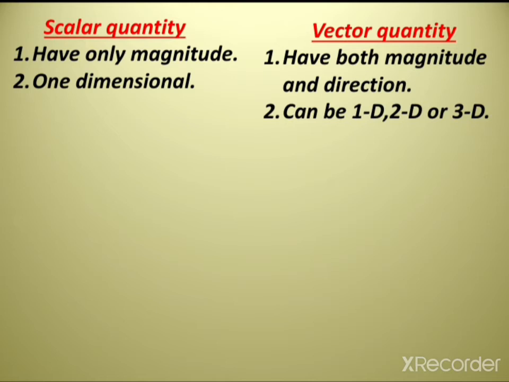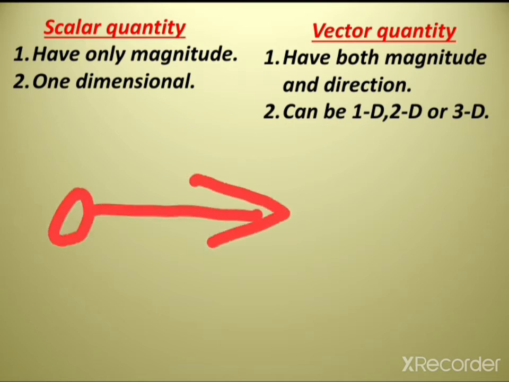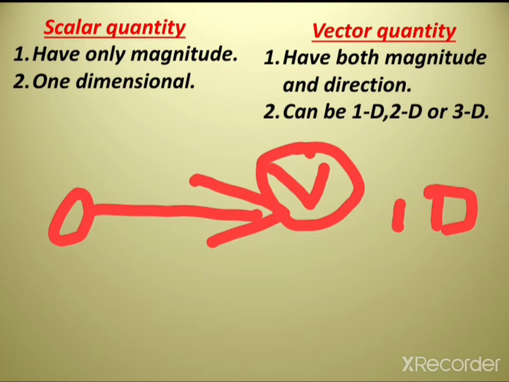Take a vector quantity, suppose velocity. If a car is moving in a straight line with a particular velocity, then the velocity is one dimensional. Okay, if a body is moving in a straight line with a particular velocity v, then it is one dimensional. Now if an object is moving in this direction, then it can be resolved into x direction